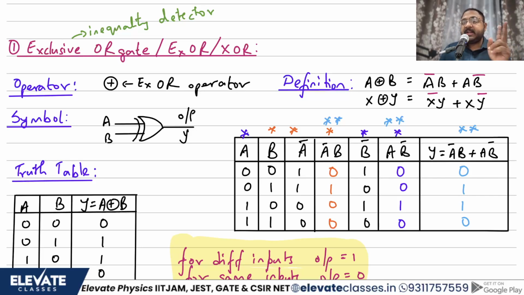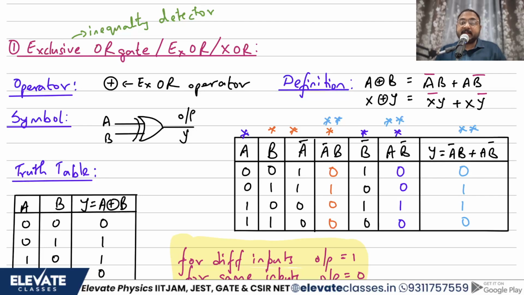What are the two things that will help you? If a problem is based on Boolean algebra, you should know the definition. A XOR B will be, write the product twice, AB plus AB, and then what should you do? A bar B plus AB bar. Bar on top of the first, bar on top of the second variable in the second product. Done. That's the definition. If you have a logic gates kind of problem, then you should know this property.